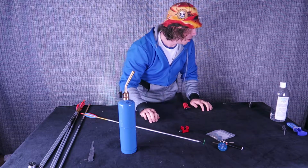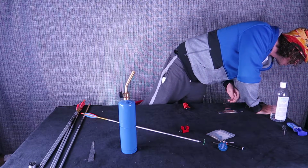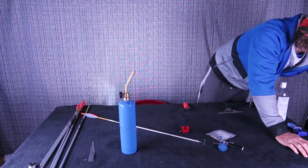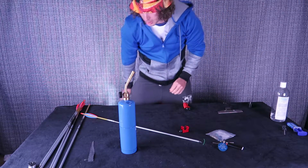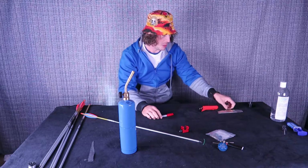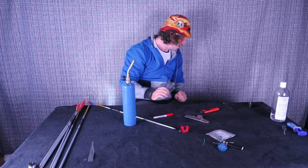Now, get a ruler and a texter and a pen. Starting to get everything set up down here, so we got everything ready to go. So we got a pen and a ruler,